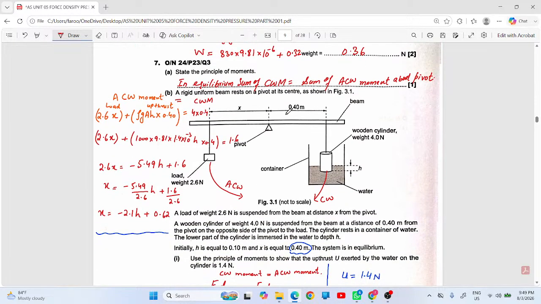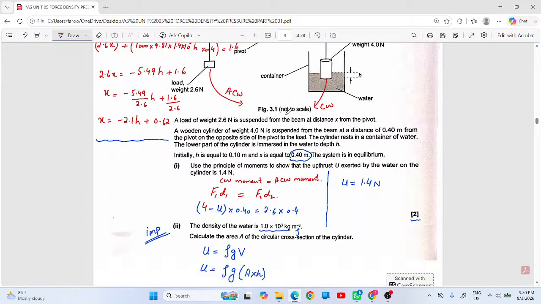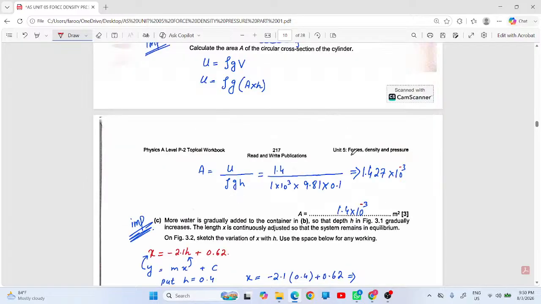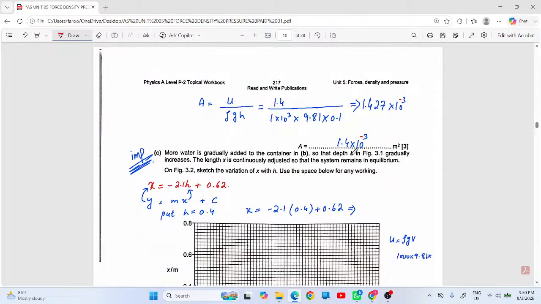Maximum upthrust कितनी हो जाएगी, that will become equal to the weight. Initially the upthrust is just 1.4 और अपथ्रस्ट जो है वो ρgV होती है ना।